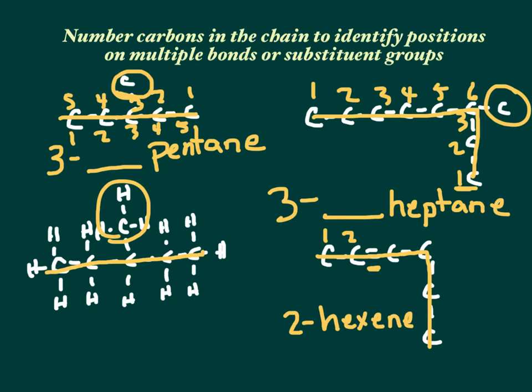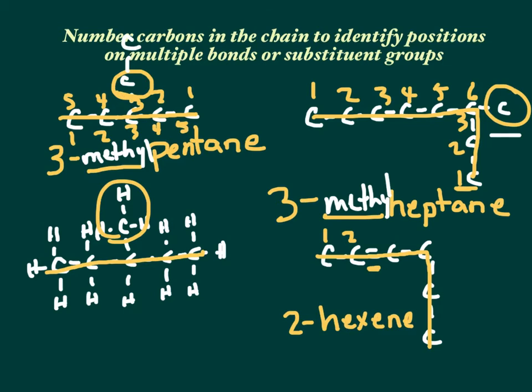Since this first one only had one carbon up there, that is going to be 3-methyl, because meth is for one. And same with this next one right here, one carbon, that is 3-methyl also. If there were two carbons on that chain, like another carbon right up here, then that would be ethyl that